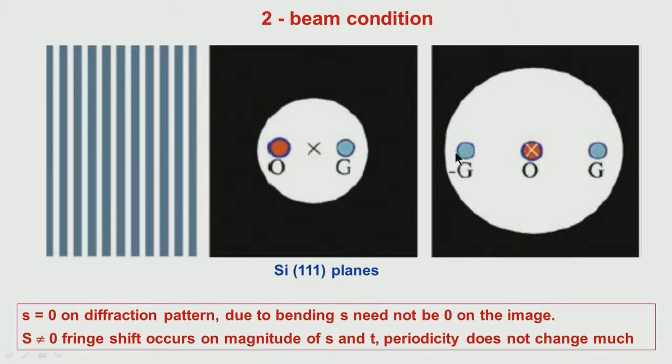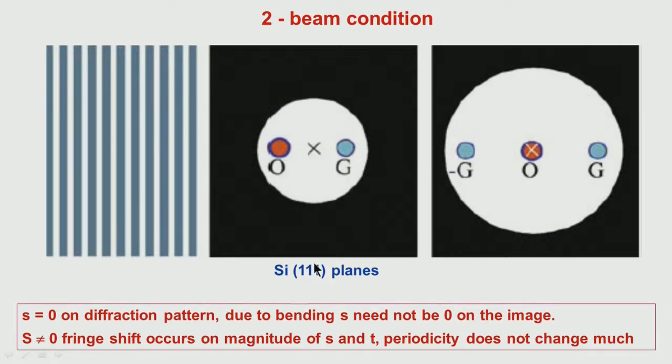Depending upon the type of aperture which we use, we can use as many beams as possible to contribute to this image. In this particular case, since a 2 beam condition is considered, only one type of fringe takes place. Another important factor is that the fringe spacing is in the direction of g, because the contrast is varying in the direction of g.